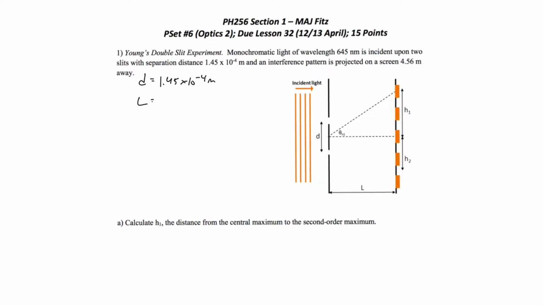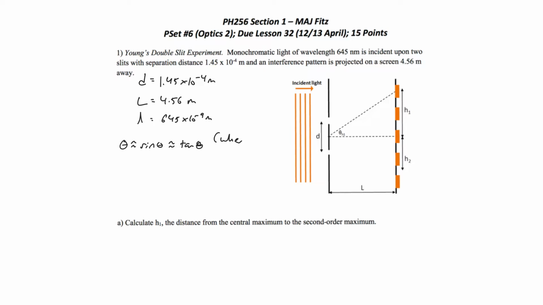We know the distance from the slits to the screen. And we know the wavelength of the light. Okay, so that's what we're given. And then the key here is remembering the small angle approximation. So that says that theta is approximately equal to the sine of theta, which is approximately equal to the tangent of theta